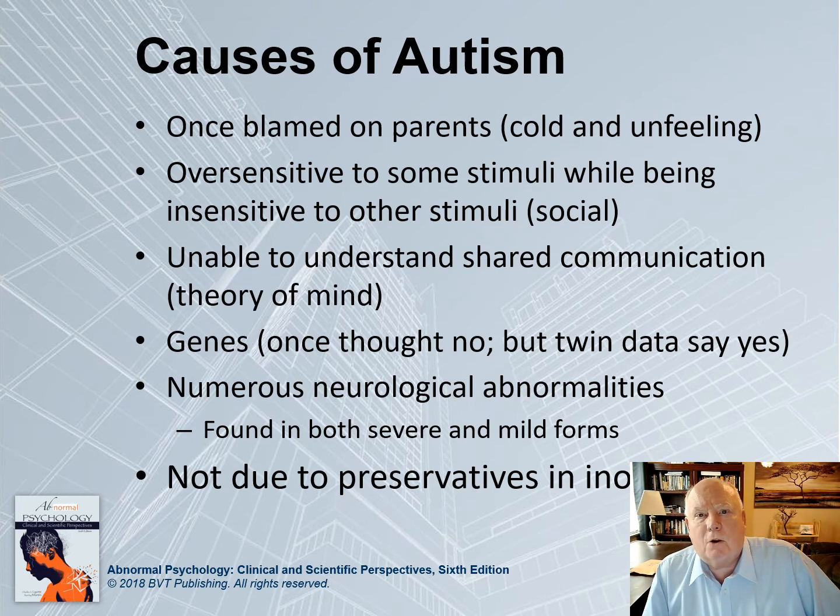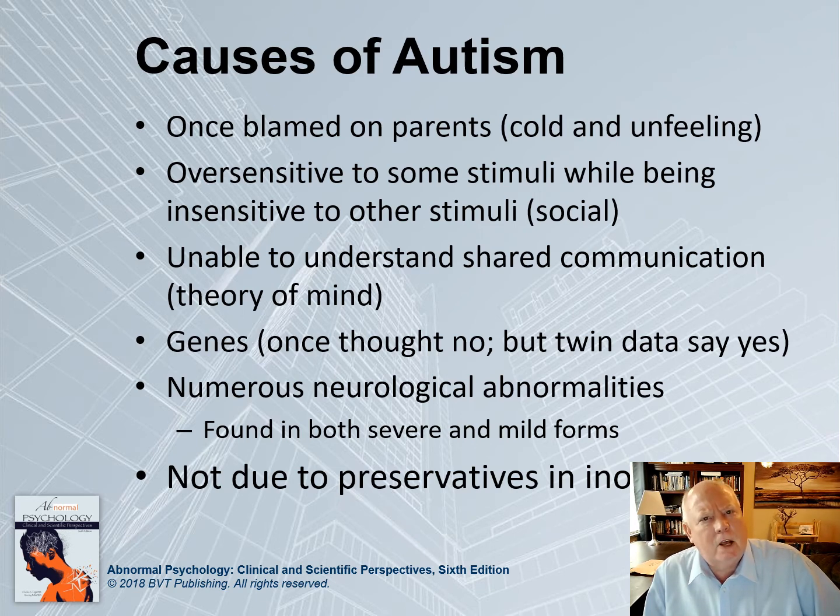Okay, what do we know about the causes of autism? Again, I'm going to focus more on the severe autistic disorders here, but many of the things we're going to talk to apply to the entire spectrum. With the severe disorder, at one point, parents were blamed. And by the way, you can go on the internet and find lots of people who still blame parents because they don't have a clue. They really don't know what they're talking about. But on the internet, you don't have to know what you're talking about to put things down. That's why you need to be so careful when you read things on the internet.